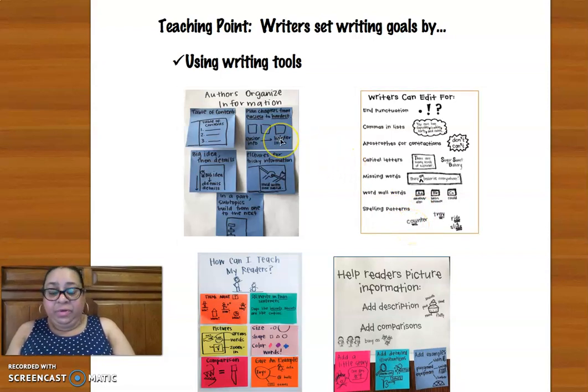So there's a tool for organizing, there's a tool for editing, and here there's a tool for elaboration, like how we can teach our reader more. We can mention specifics that our readers need to know, like who, what, where, when, how, writing in twin sentences, having pictures. I know it's kind of difficult to do the pictures now because you're not actually drawing it